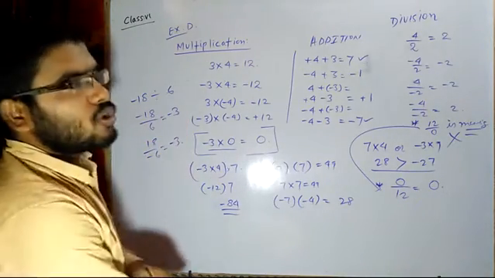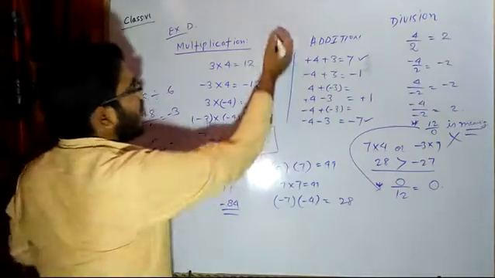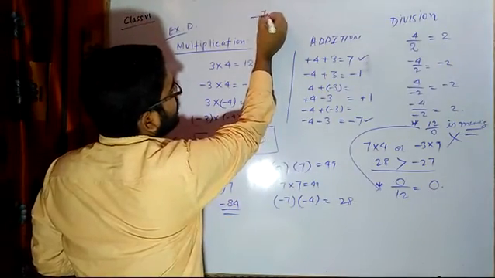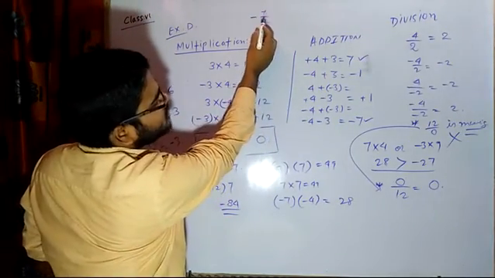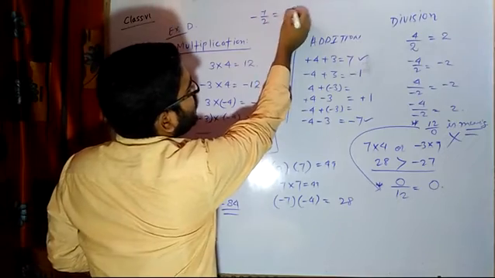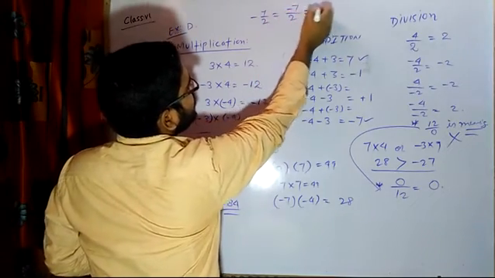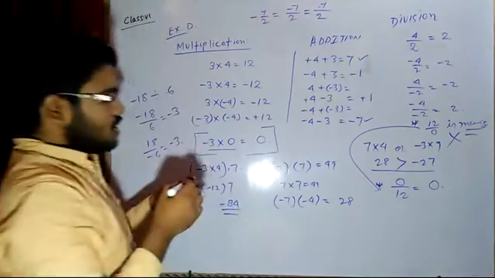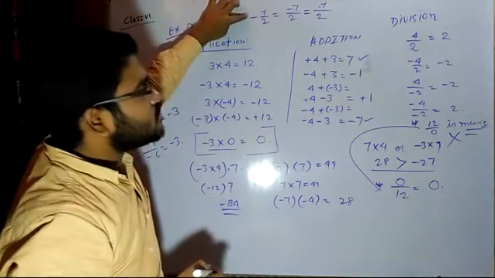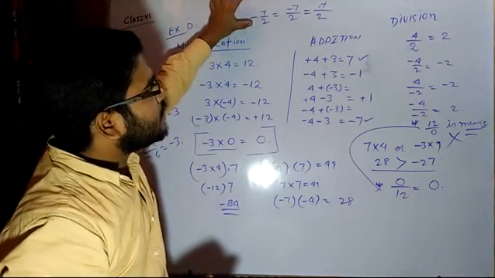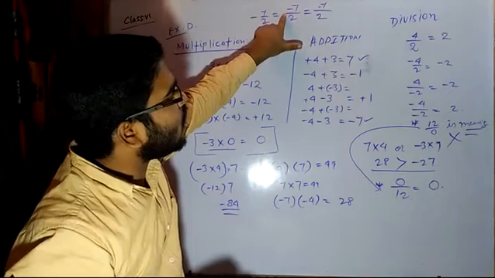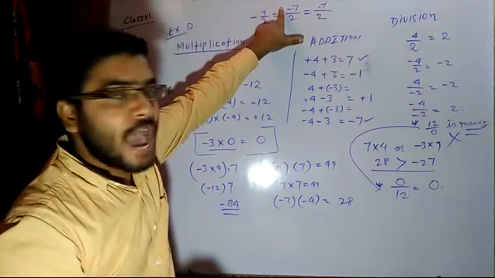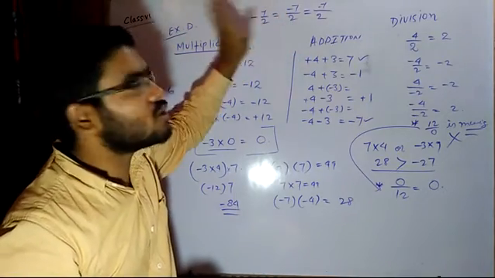Now one more thing I want to make clear, my dear students. If I write minus 7 by 2, with the minus outside the line, this will be equal to minus 7 by 2. This is also equal to minus 7 by 2. Understood? There is no difference. Minus outside, 7 by 2 here. That means this number is equal to minus 7 on this floor only, I wrote on this floor and divided by 2. This is also equal to the same.